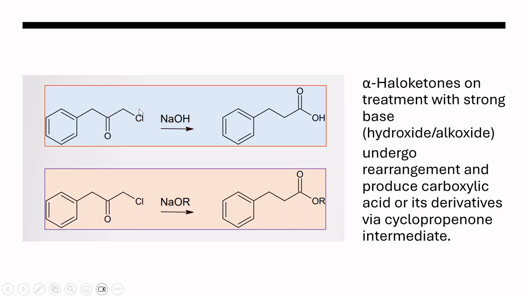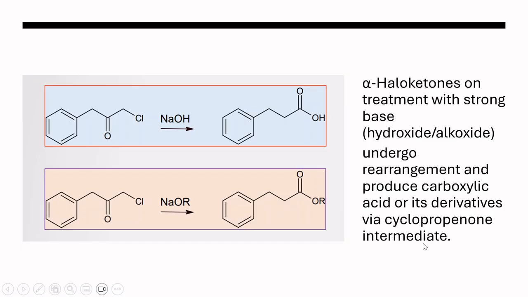So alpha haloketones on treatment with a strong base, it can either be sodium hydroxide or any hydroxide or an alkoxide, undergo rearrangement to form carboxylic acid or its derivatives via a cyclopropanone derivative,